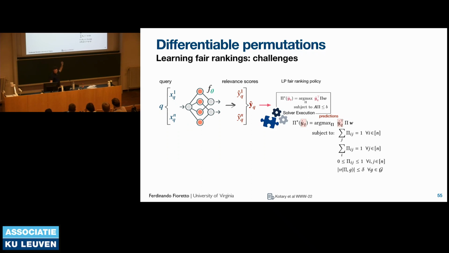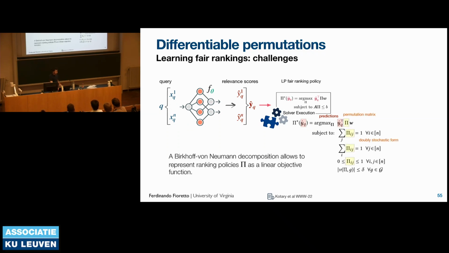So those components that we're getting in the objective over there, the cost coefficients of the objective, are predicted by our neural network. They are YQ, right? And we're feeding them now to this linear program. And then this Y here will simply take a doubly stochastic form, right? So that we can simulate our distributions, our ranking distribution. And so this is just the constraints that we can add to our linear program.